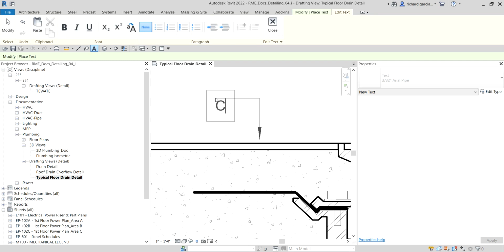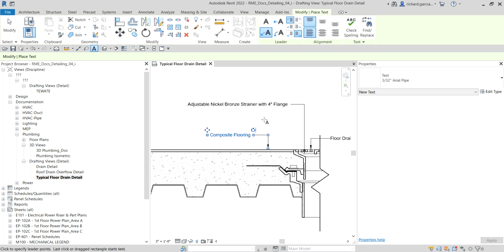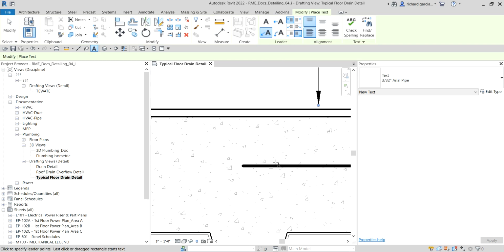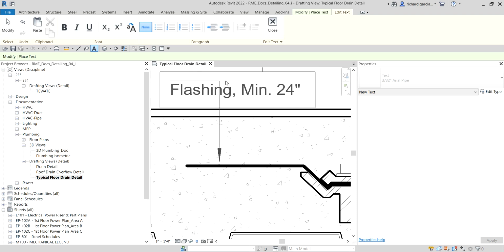So that is our composite flooring. Then just click outside. Then again, while the text is still activated, so I'm gonna add some more detail, some more annotation here, here. Okay, so this is my flashing with minimum 24 inches